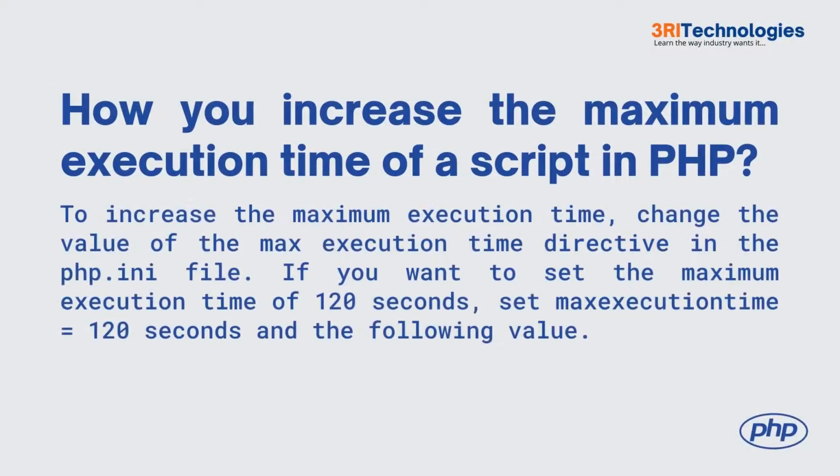How do you increase the maximum execution time of a script in PHP? To increase the maximum execution time, change the value of the max_execution_time directive in the php.ini file. If you want to set the maximum execution time of 120 seconds, set max_execution_time equals 120 and